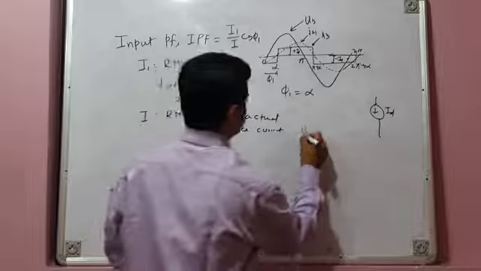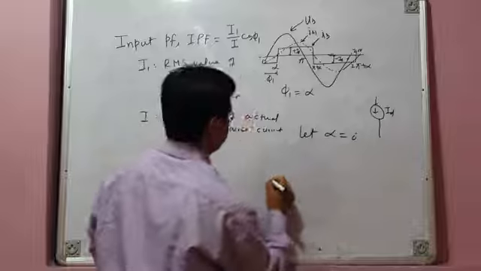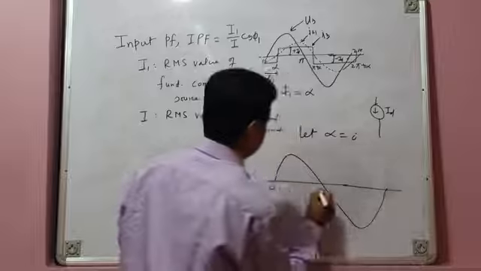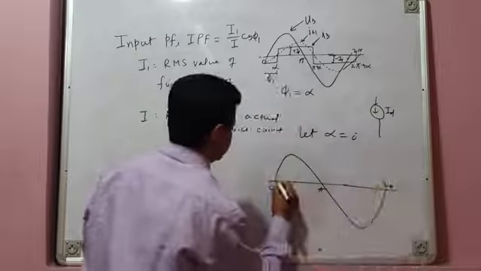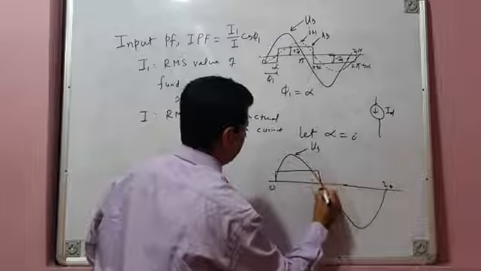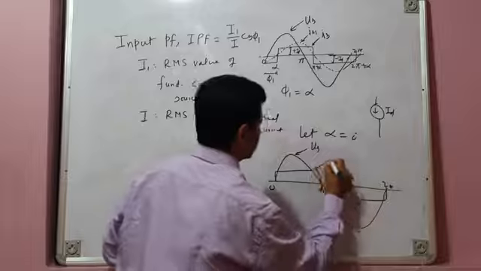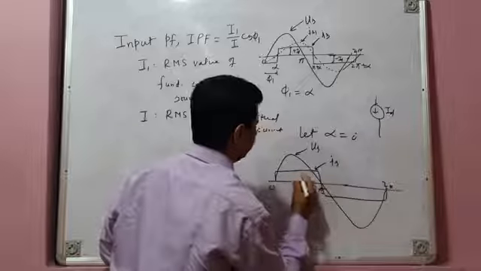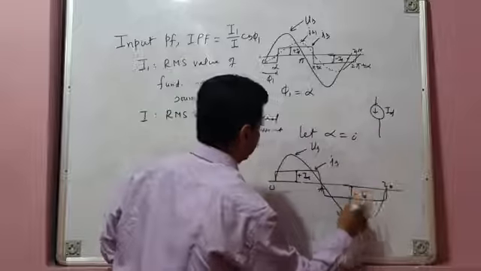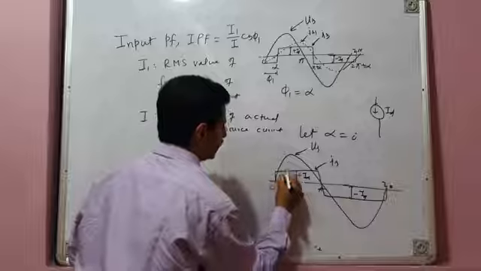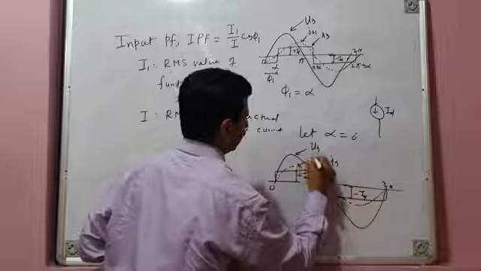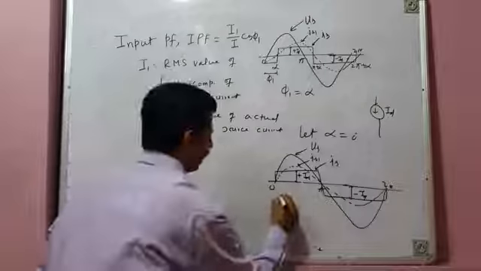So let us assume alpha equal to 0 degree. We will redraw the waveform for alpha equal to 0 degree. This is your source voltage waveform Vs, 0, pi, 2 pi. I am assuming alpha equal to 0. This is your source current Is. From 0 to pi it is equal to plus ID, and from pi to 2 pi it is equal to minus ID. And it has a fundamental component. This is its fundamental component, the fundamental component of source current IS1. This is for alpha equal to 0 degree.